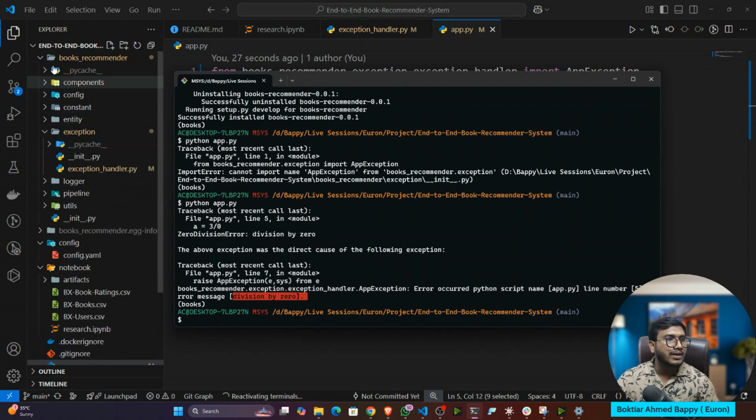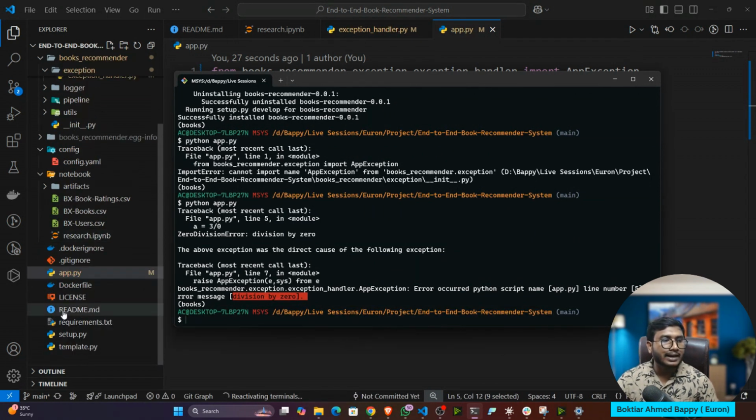Because here you have so many files and folders. If you get any exception in production, how will you get to know in which file, in which line your app is giving the error? With this custom exception handler, I can identify the exact error and the exact line number. Is it helpful?